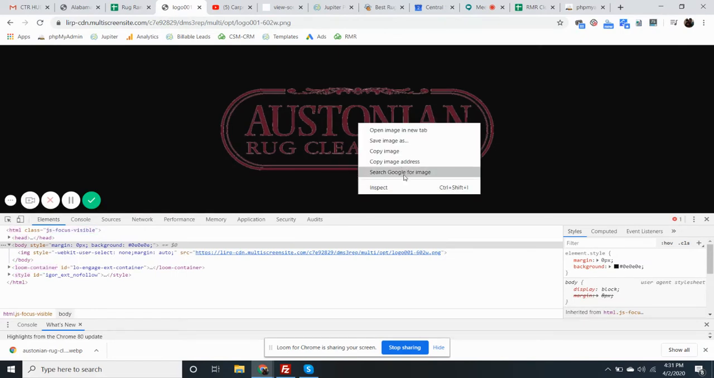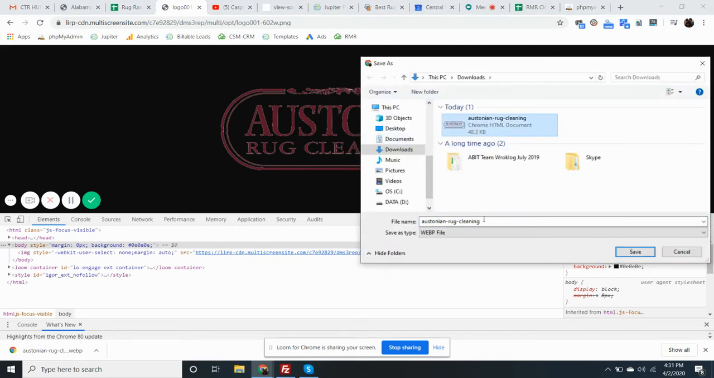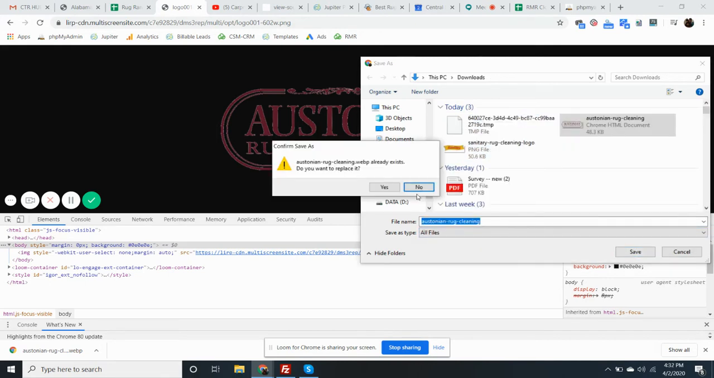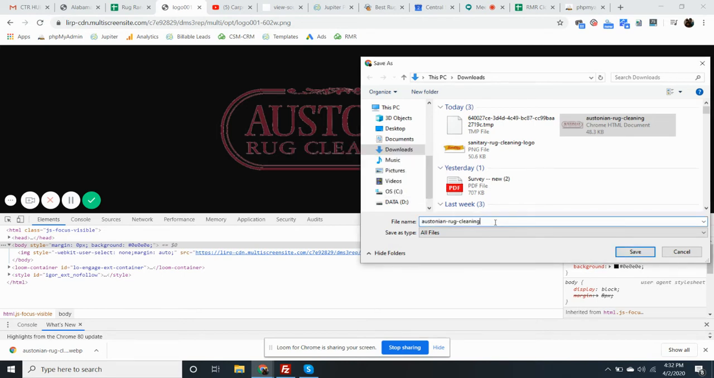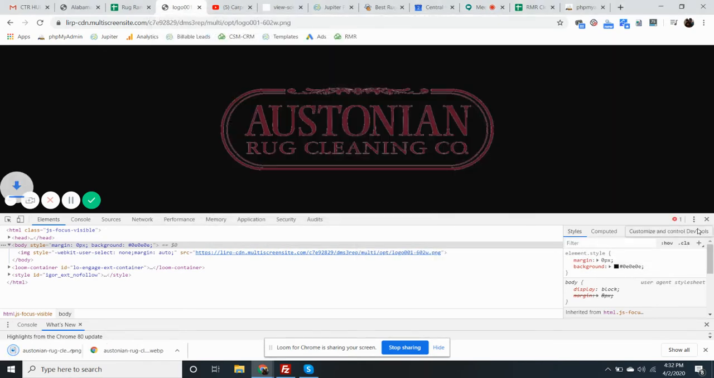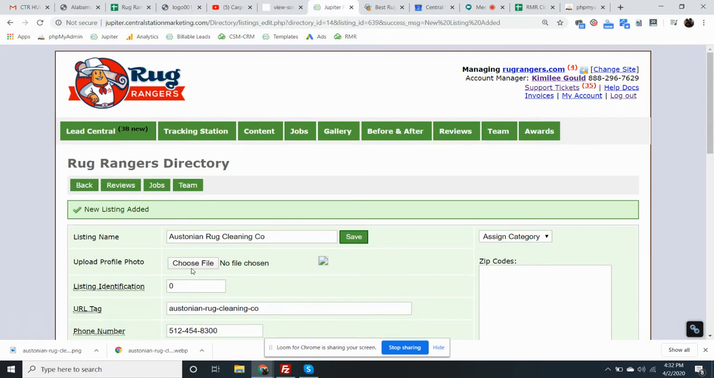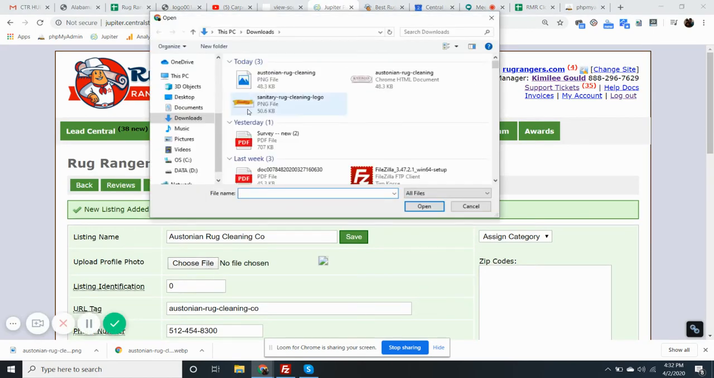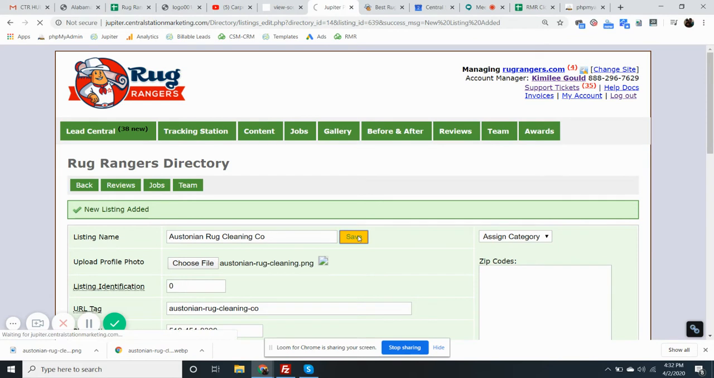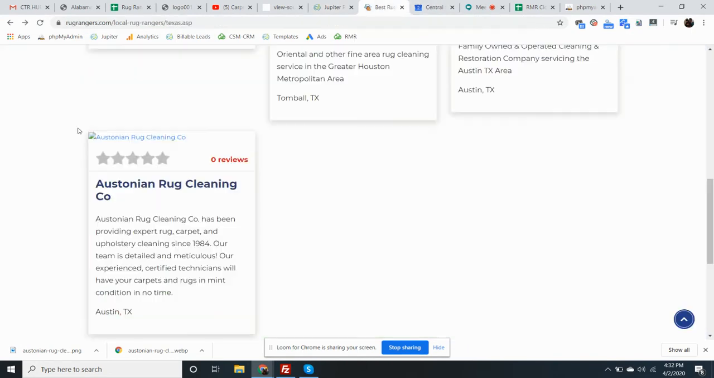Save images. Oh, no, this is going to be .png. Yeah, PNG, because that one looks like a different file format. So let's see if that works. Yeah, that worked. Okay, so now if I go to my site, refresh,